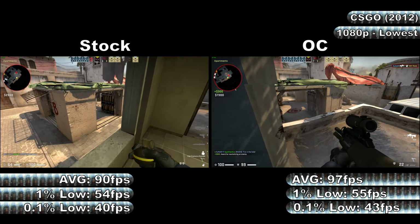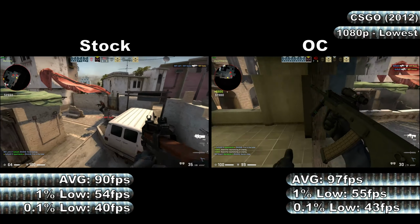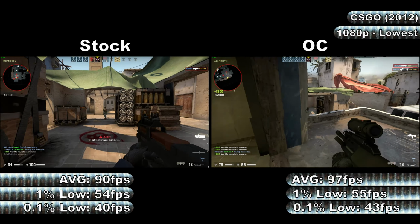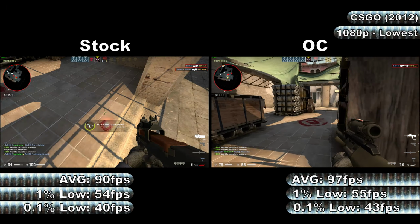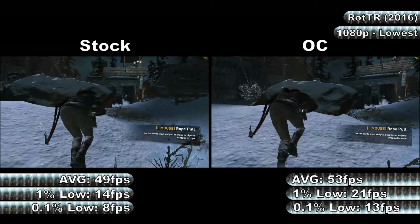The overclock showed average, 1% and 0.1% low frame rates of 97, 55 and 43 frames per second respectively. It did show reduced stuttering over stock clocks, but did still have some spikes in frame times of around 55 to 80 milliseconds. Moving on to the next game in our test, and it's time for some Rise of the